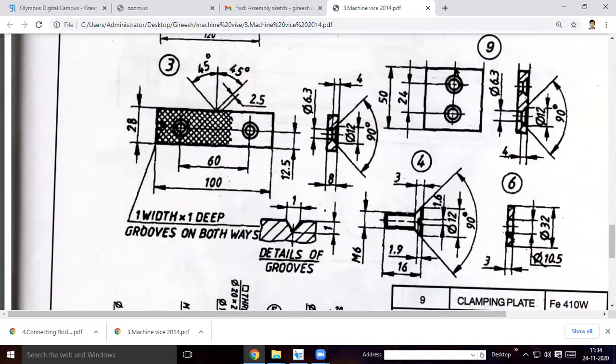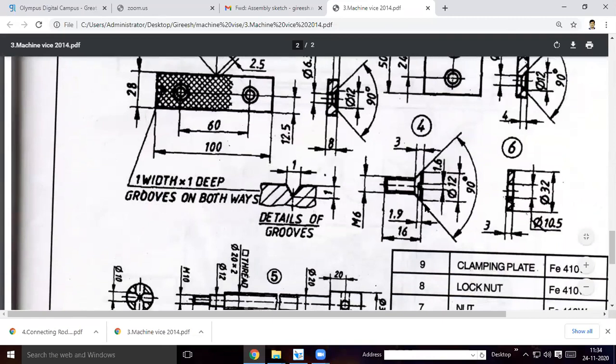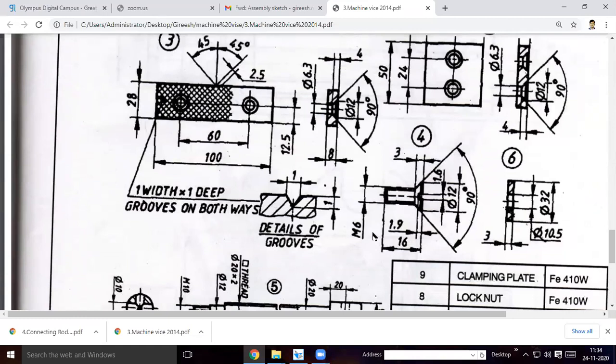The fourth part will take more time, as only 10 minutes are left. We'll do this fourth part. Screw. This type of screw we already did in the previous assembly, so you have to do it the same way.